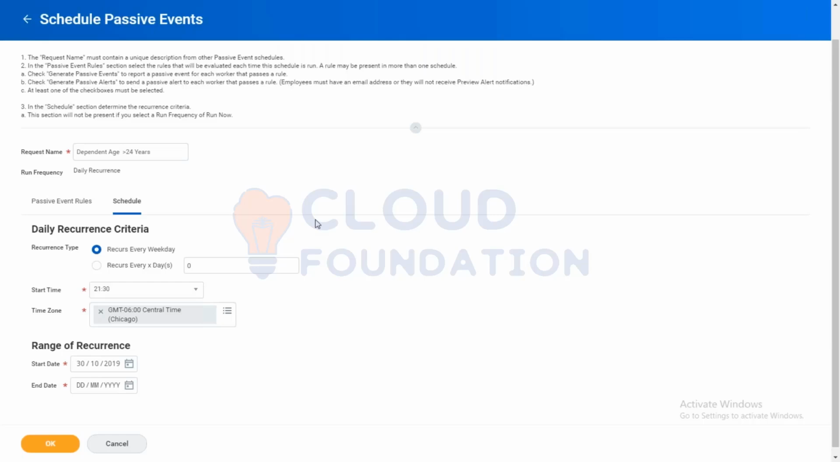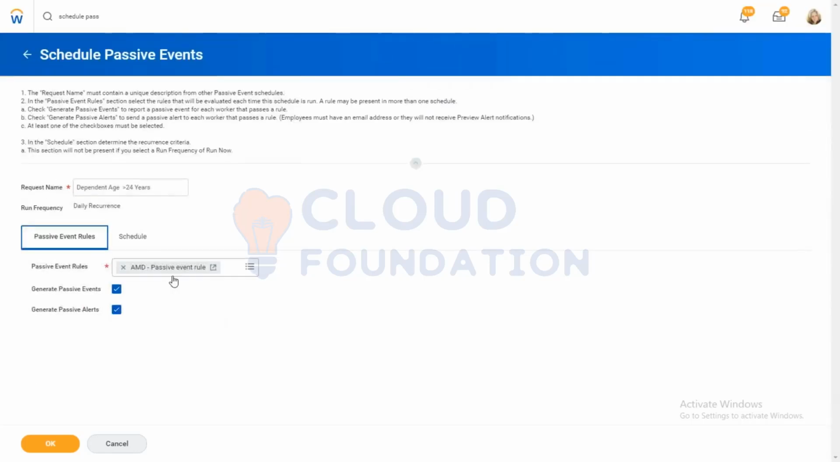Okay. So what we have done here, let me summarize quickly. We created passive event, we created the rule, we created the alert, then we assigned those events and rule under passive event. After that we are creating a scheduled passive event. Here we assign our rule, the one we created. And here we are saying generate the event, generate the alert. Events are nothing but